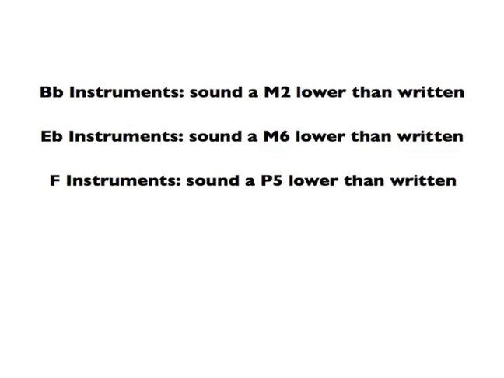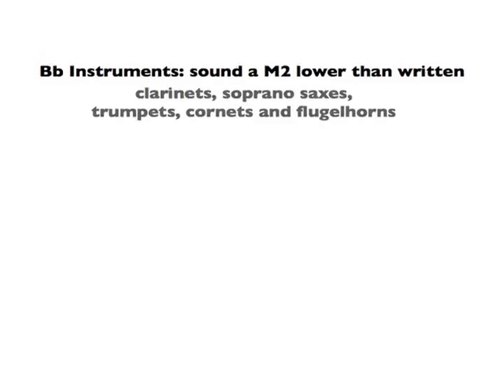Then E flat instruments sound a major sixth lower than written, and F instruments sound a perfect fifth lower than written. For Wednesday, here are the instruments you'll need to remember. Clarinets, soprano saxes, trumpets, cornets, and flugelhorns are all in B flat, and they all sound a major second lower